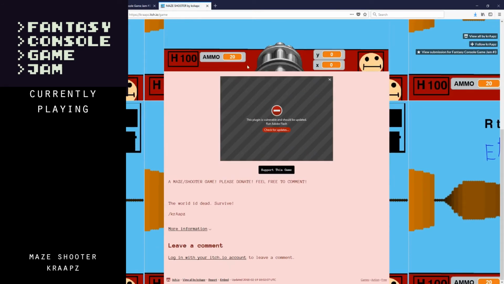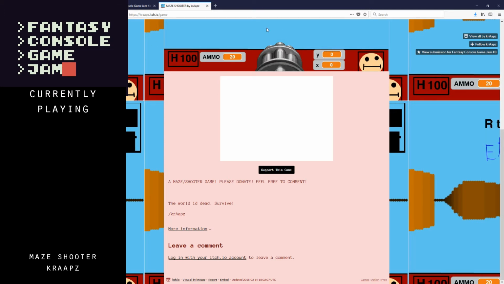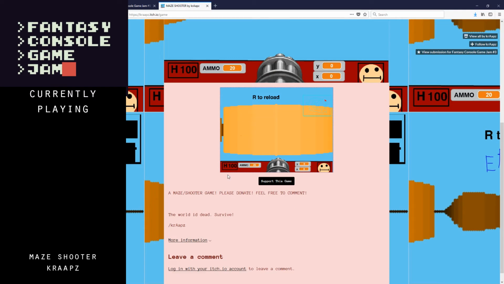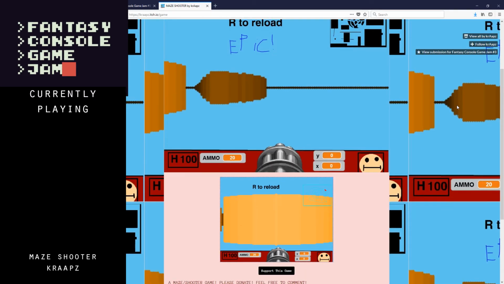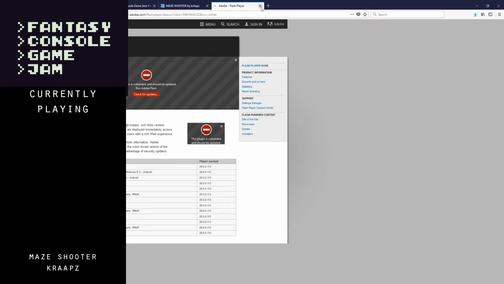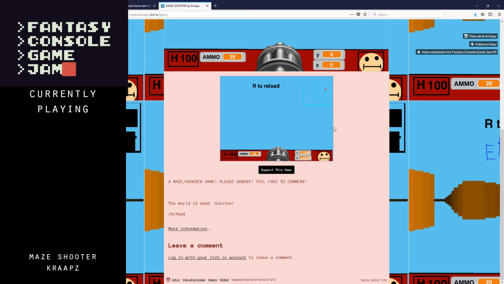So, next we have Maze Shooter by Kraps. Will allow flash. Okay, a maze shooter game. The world is dead. Survive. Can't make it full screen. God. It's hard to tell what's the game and what's not. Okay, we can turn. Alright, so it's like WASD. Oh, no. No, no, no. Is it...